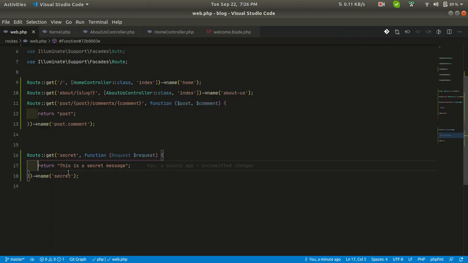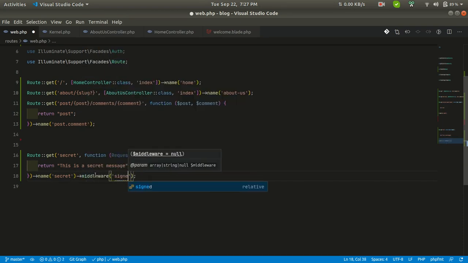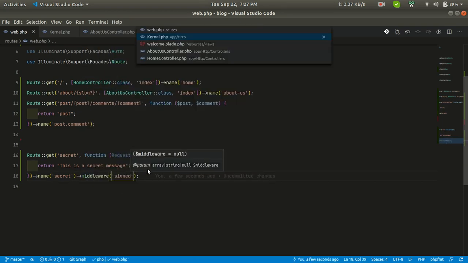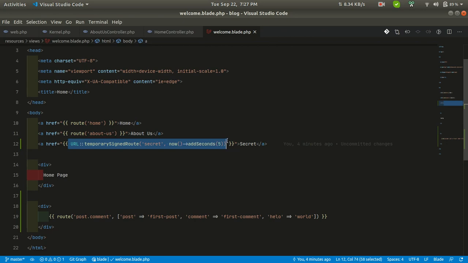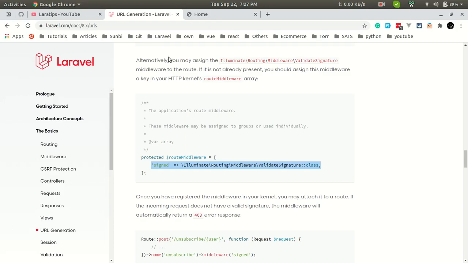Now what we need to do is, in the web file, let us add a middleware and give it the signed name. And now if we do it like this, then people will not be able to access our URL.